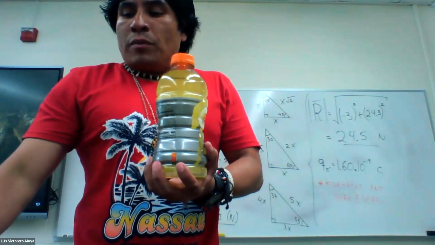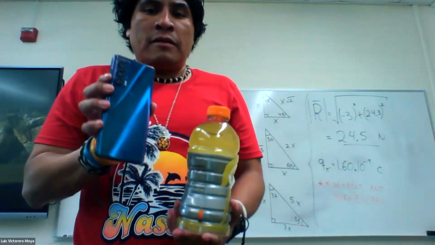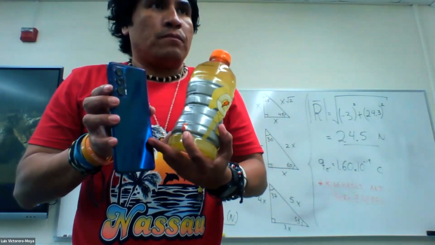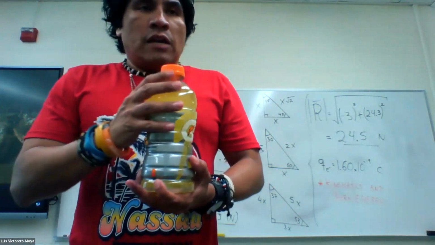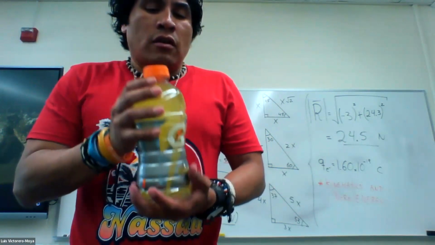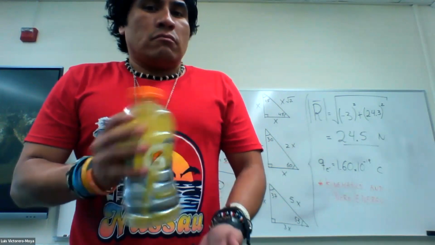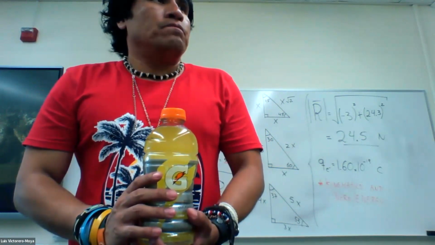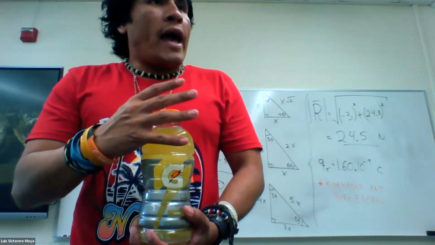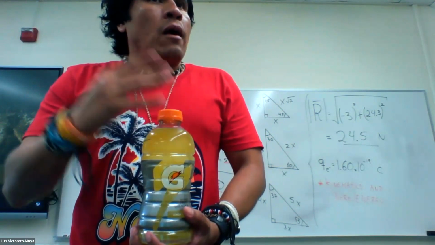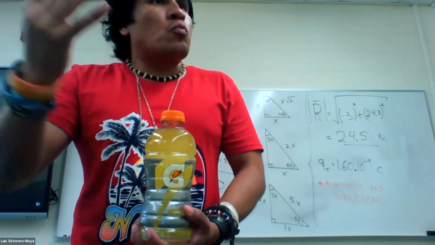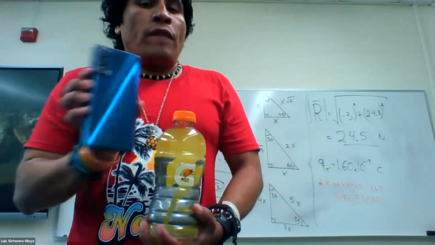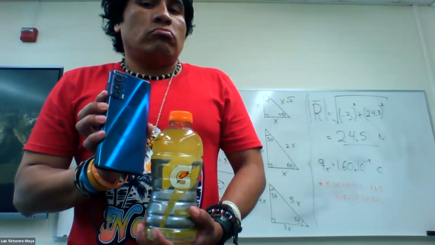If this was to be charged, all the charge will be on the surface of this conductor. But if this is an insulator, the charge is distributed all among its volume, which is why the way electrons move is much more slowly than in a conductor. Okay,